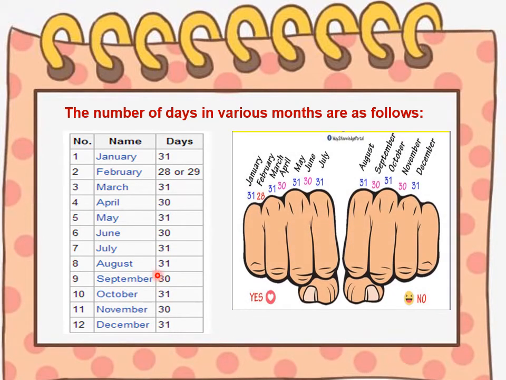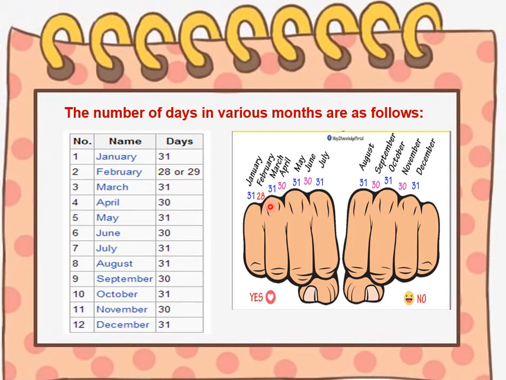So how will we come to know that January has 31 days, March 31 days, April 30 days? We will count this with the help of our knuckles. The top part we will consider as 31, and the down part we will consider as 30. The first month is January, so it will start with 31. Then the second is February, which has 28 or 29 days, so it will come in the down part.